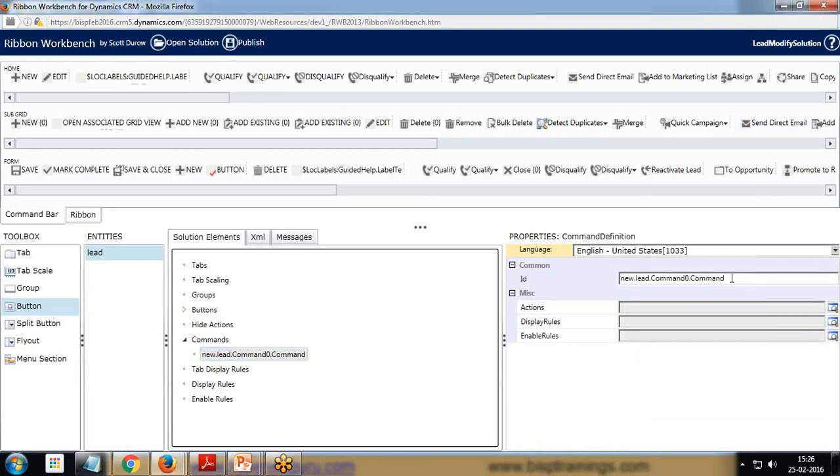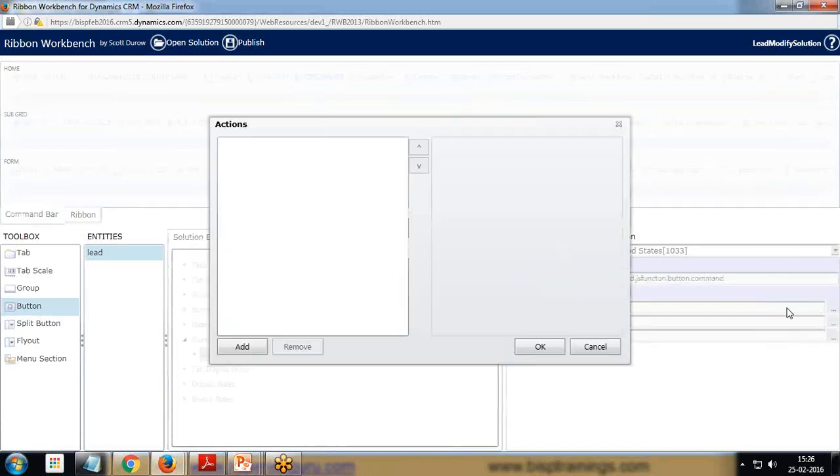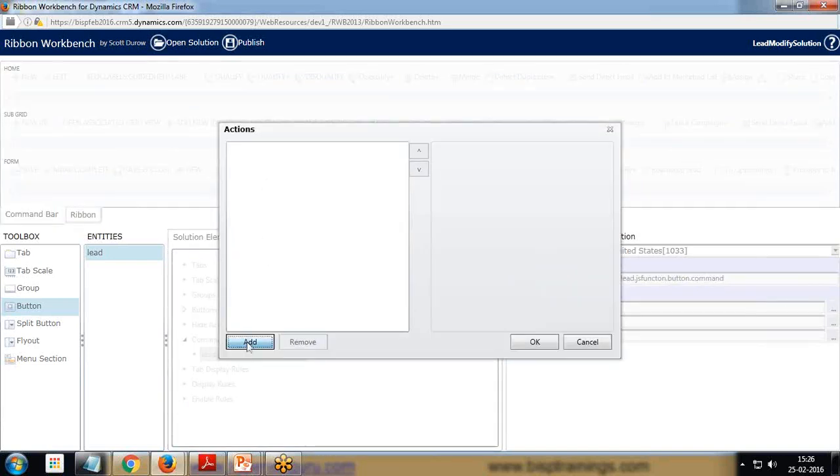We need to customize it. If you want, we can do the customization as well. So I customize it. Lead.js function dot button dot command. What action will this command do? So this command is going to call a JavaScript function. So I click on add,